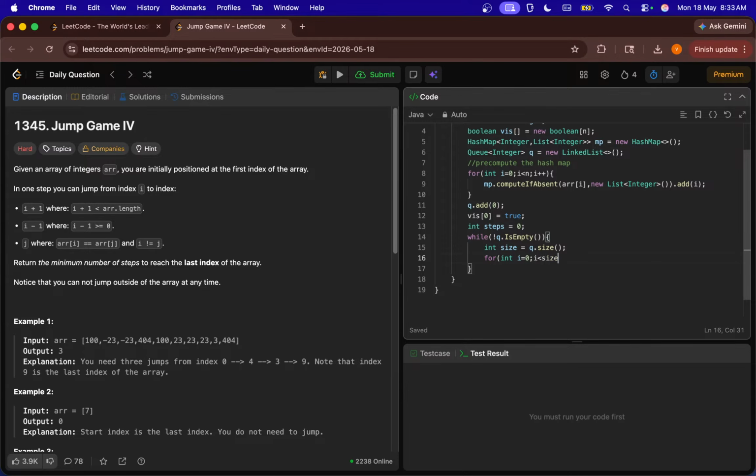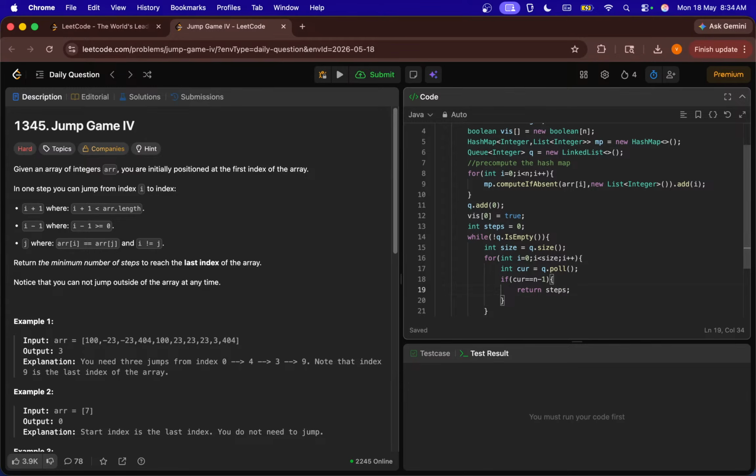For i less than size, i plus plus. And then the first thing we'll be checking is, you'll be removing and having the current value, that is q dot poll, and if current is double equal to n minus 1, you can directly return